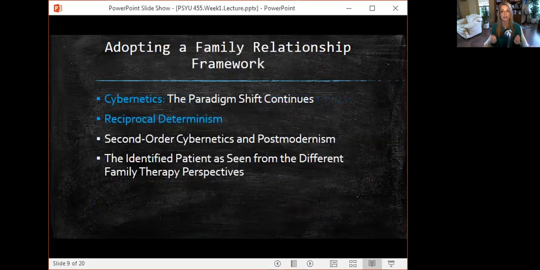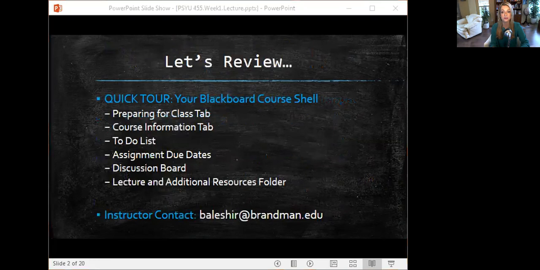Second order cybernetics is a view of observing the system in which the therapist, rather than attempting to describe the system as an outside observer, becomes a part of what is actually being observed and treated. The second order cybernetics,